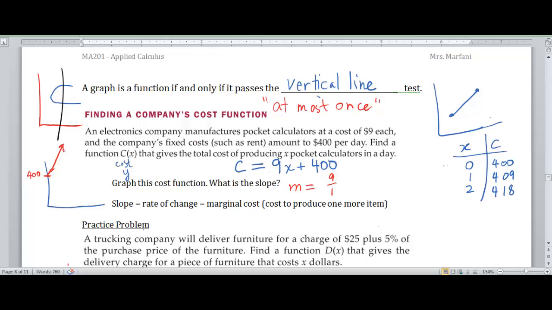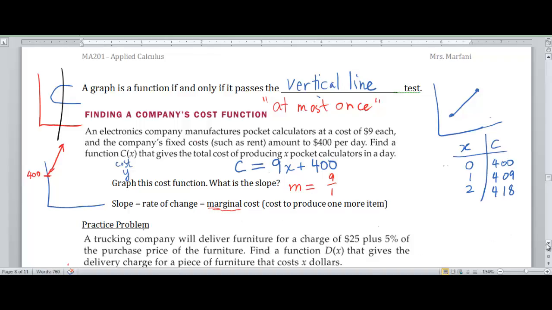And it says, what is the slope telling you? The slope tells you that it's going to cost $9 to produce each extra calculator. Okay, rise over run, rate of change, $9 to produce each extra calculator. So that's what the slope is. The slope is the rate of change, and we call this cost the marginal cost. Okay,